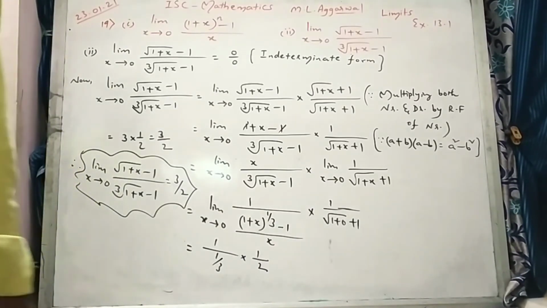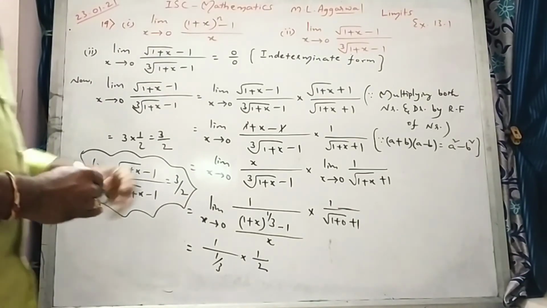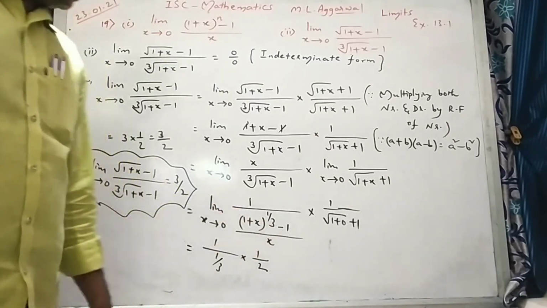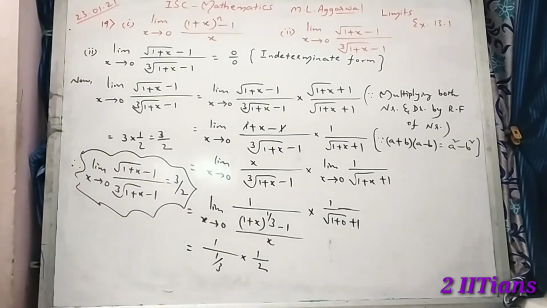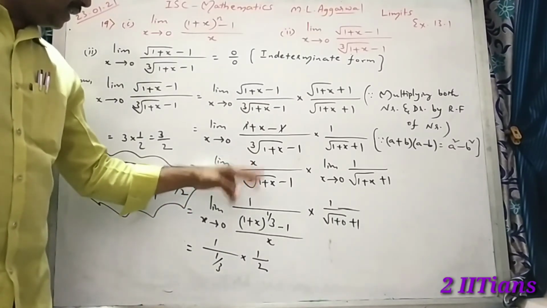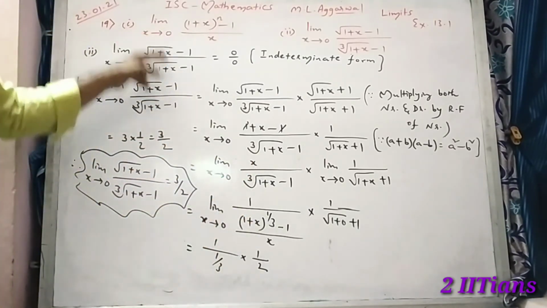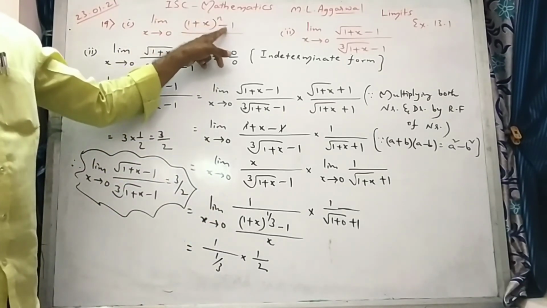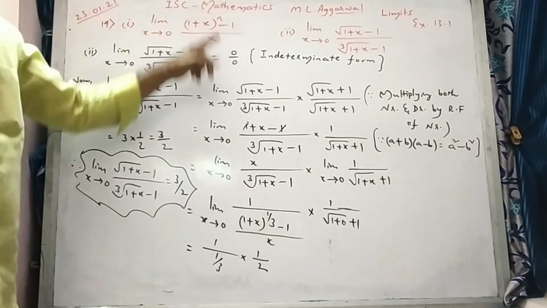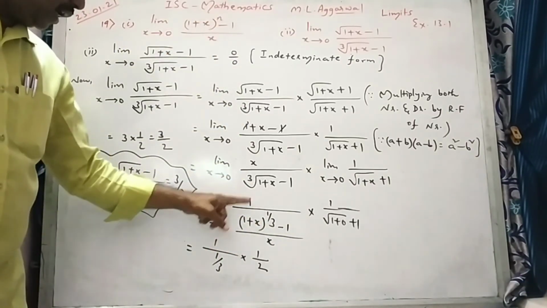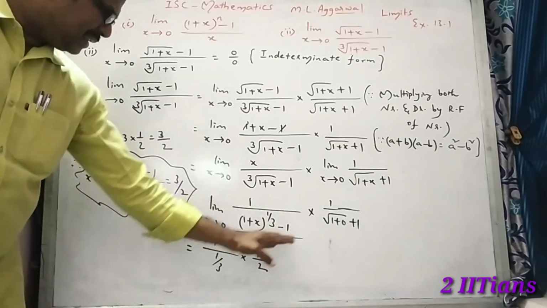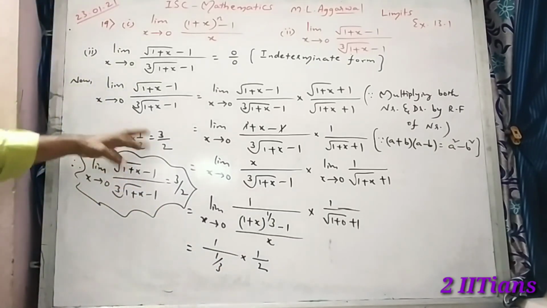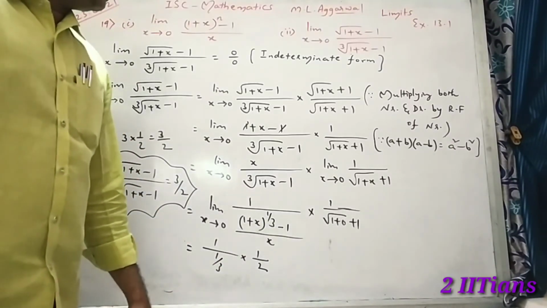Right? So what did I do here? By using the first concept, I did the second one. Okay? You try to understand here. This step is very important. Okay? Hope it is clear. I brought this x into the denominator and I applied the first formula. See, limit x tends to 0, (1 plus x) whole to the power n minus 1 by x. In the place of n, we have 1 by 3. So the answer is 1 upon, the given limit is in the denominator, so 1 upon 1 by 3 into 1 by 2. So 3 by 2 is the final answer. Hope it is clear. Thank you.